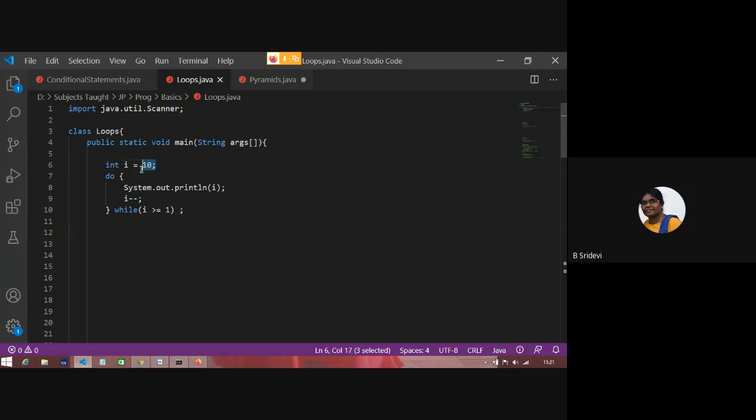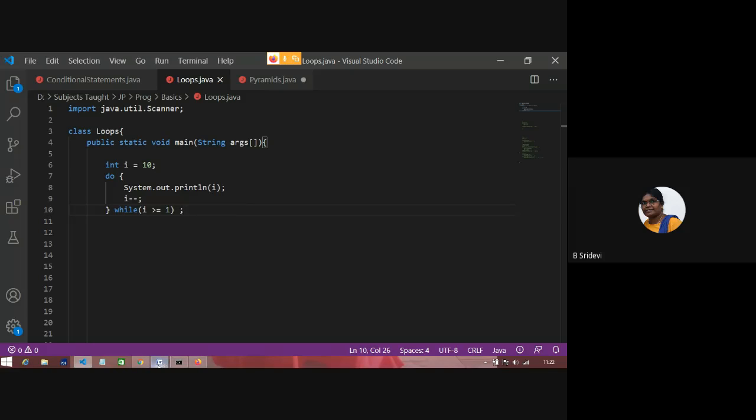For any loop, we need some initialization. We need an increment or decrement, otherwise we will be staying in that loop forever. That means an infinite loop. And we need condition checking. For any loop, three components are important: initialization, updation, and condition checking. Based on where we are checking the condition, the loop can be either entry controlled or exit controlled. Is it clear up to this point?